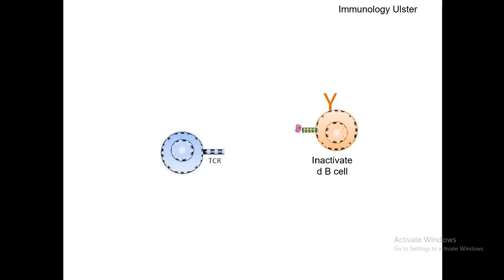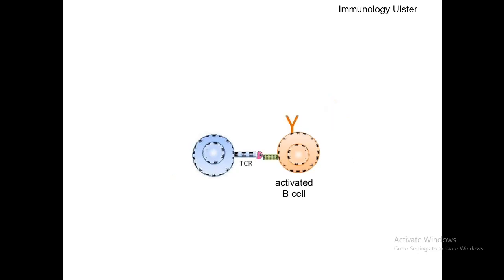And the B cell will then present that antigen to the Th2 cell. And at that stage, this interaction will subsequently lead to the production of growth factors by the Th2 cell